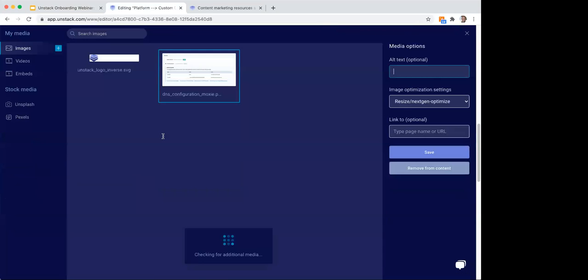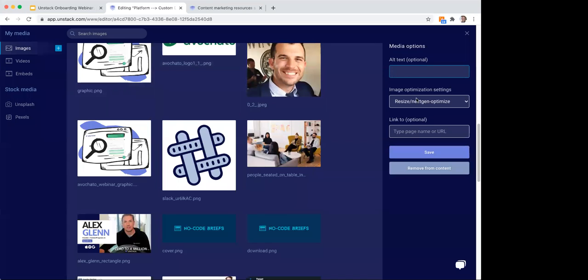So if I click on this image right here, you notice it'll expand my media library. And under image optimization settings, I like to have resize and next gen optimization. This will automatically only render the image size that is required for that page. So if you're viewing it on mobile and you only need the image to be 300 pixels because the mobile